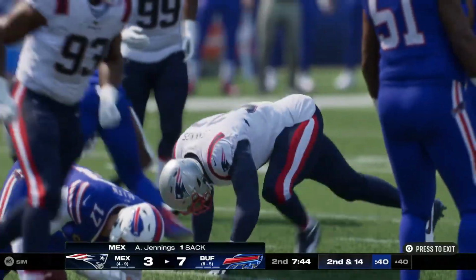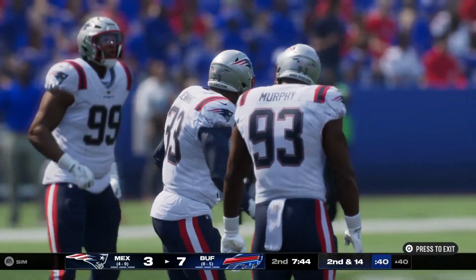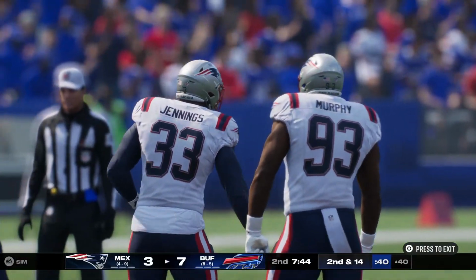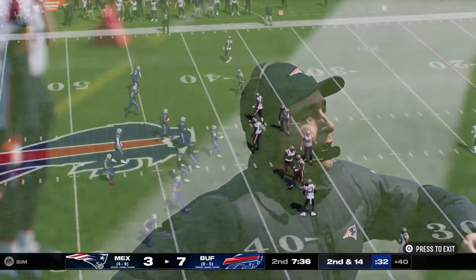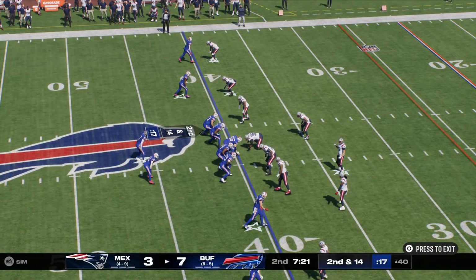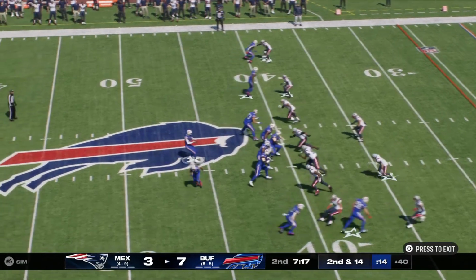And he can't get rid of it. He's taken down. Anthony Jennings from his outside linebacker spot gets him down there for a loss of 4. Hindsight is 20/20, partner. Maybe they should have kept it on the ground again. Well, it almost looked like the O-line was run blocking again. I mean, they opened up a big hole last time. This time they opened up a hole, and the quarterback got sacked.